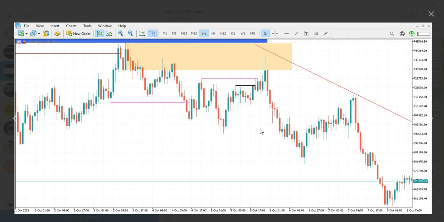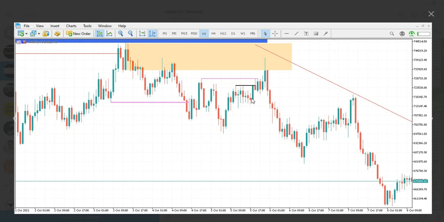As we all know by now, price is more likely to respect an order block in a micro break of market structure than in a macro break of market structure. So in this instance, this is the last bearish candle here, prior to the move up that broke the structure. So we had to highlight this.